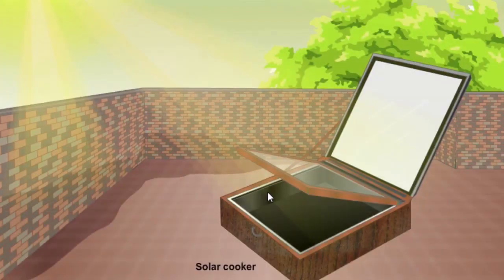Students, let us see what exactly and how exactly a solar cooker works. Now let us study about solar cooker. Now a solar cooker consists of a rectangular wooden box which is lined from inside with some insulating material such as thermocol or glass wool. Okay. Now the insulating material prevents heat losses due to conduction, convection and radiation.